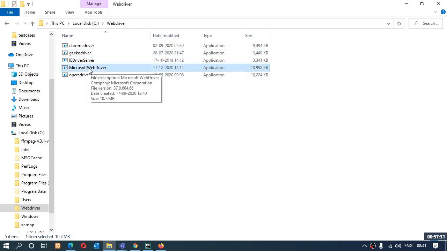It would not be Microsoft web driver. It might be like MS Edge driver, something like that. You have to change the name of the driver to Microsoft web driver. You can see it like this, which word to be capital and which to be small. The same way you have to give it. There is a reason for that. I'll tell you in some time. So you have to rename it and then you have to use it.